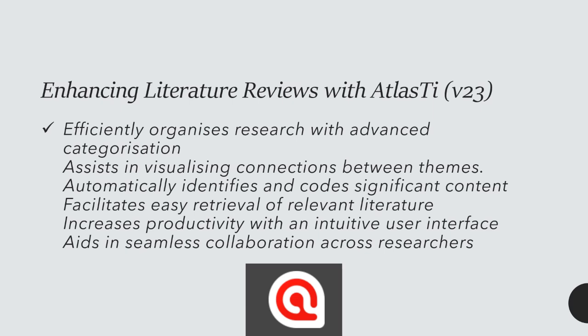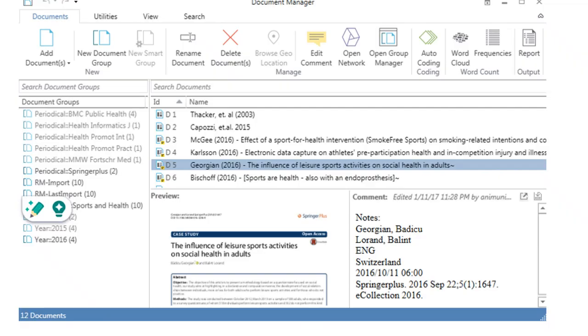What's also very nice is that it helps with collaboration across researchers, because you can have more than one researcher on a project, or the supervisor can be added to the project and they can quality check as you go. Or it can also be a reference for the rigor of your research. So Atlas TI is quite useful for literature reviews, either quantitative or qualitative studies. And this is just a snapshot of